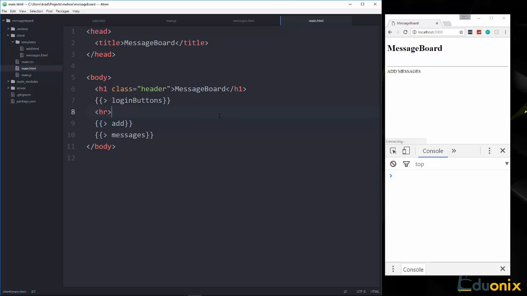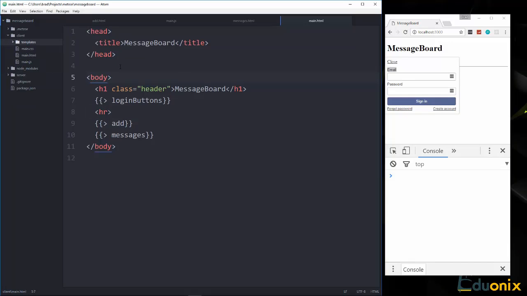So let's save that. And now you'll see that we have this little sign-in link, and if we click it, we can log in with an email and a password. You can also click create account, and we can create a simple account here. Now what I want to do is configure this to take in a username instead of an email, and you can do whatever you like. If you want to keep the email, that's fine, but what we're going to do is just go over here